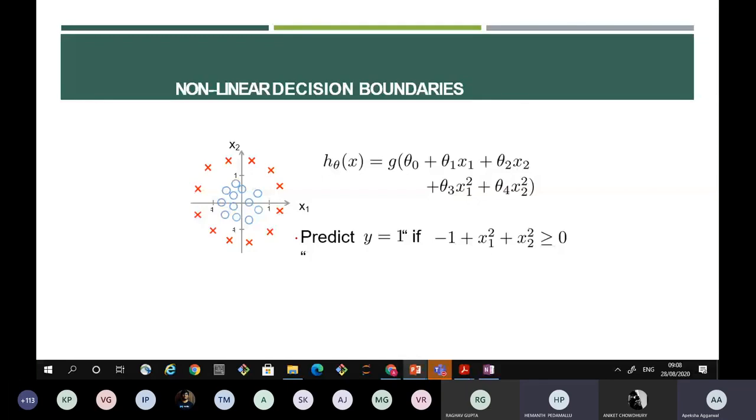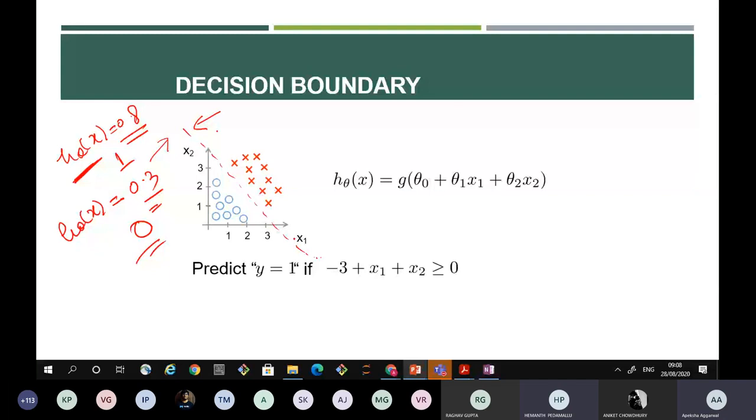Here, boundary means 0.5 or any other value, ma'am? Yes, 0.5 is the boundary in this case. 0.5 is the value where we have to identify. Basically, we have to identify the best h theta that returns 1, basically class 1. We'll see how, but for now, think of 0.5 as a boundary.